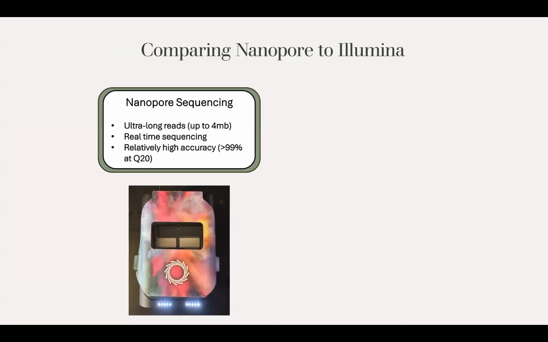I've never used Illumina sequencing, but for those who have, I wanted to give a really brief comparison of the relative benefits of each. So nanopore sequencing is really good for ultra long reads, so up to 4 MB. It can do real-time sequencing, which is really nice because you can see how your data quality is and if everything is going well in real time. And it has relatively high accuracy. I think the latest kits offer over 99% accuracy if you're above a certain quality threshold. So if you're above Q20, and I'll go into a little bit of what that means later,